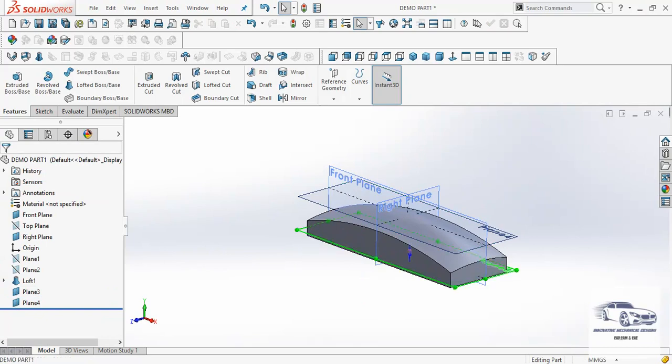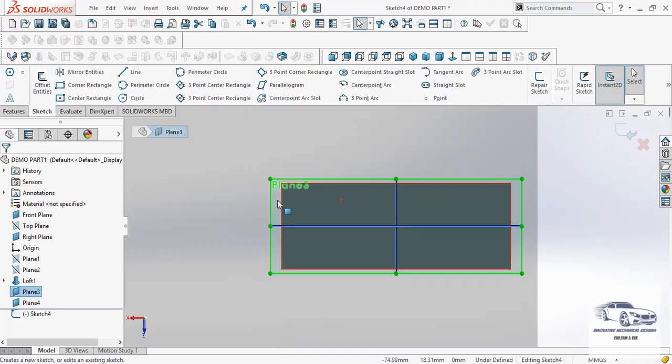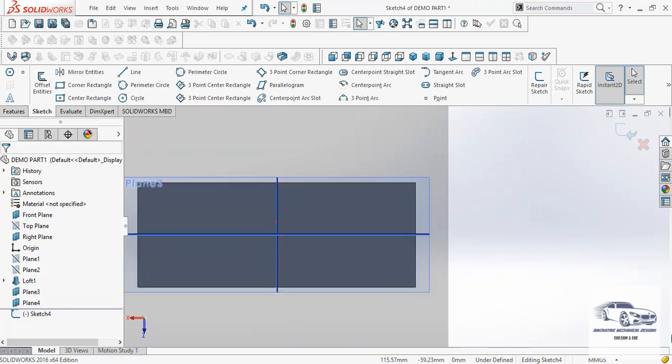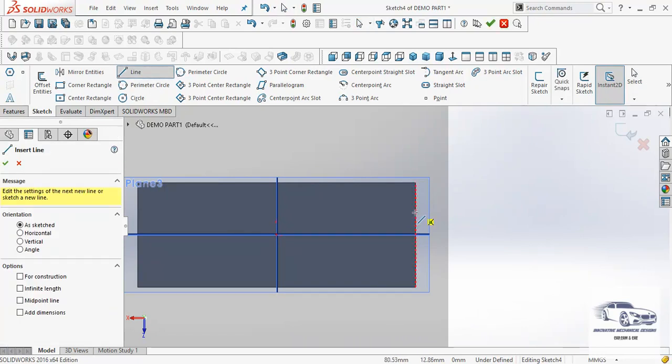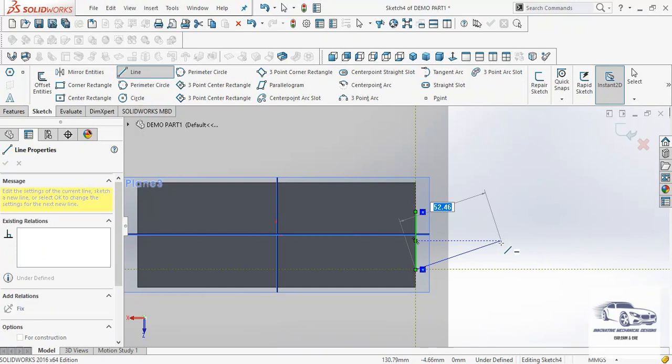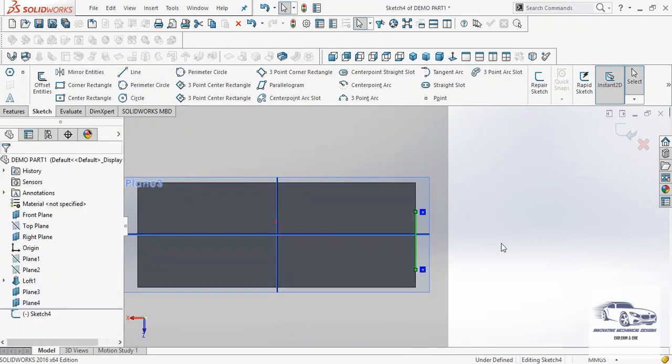Now on this particular plane I will create the first sketch. So we will create a line first, like this. Now we have to make sure that this line is symmetric from the center.